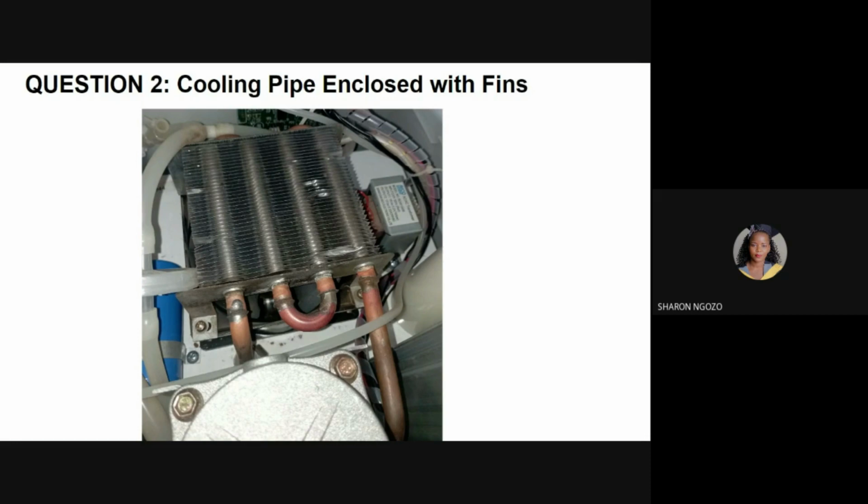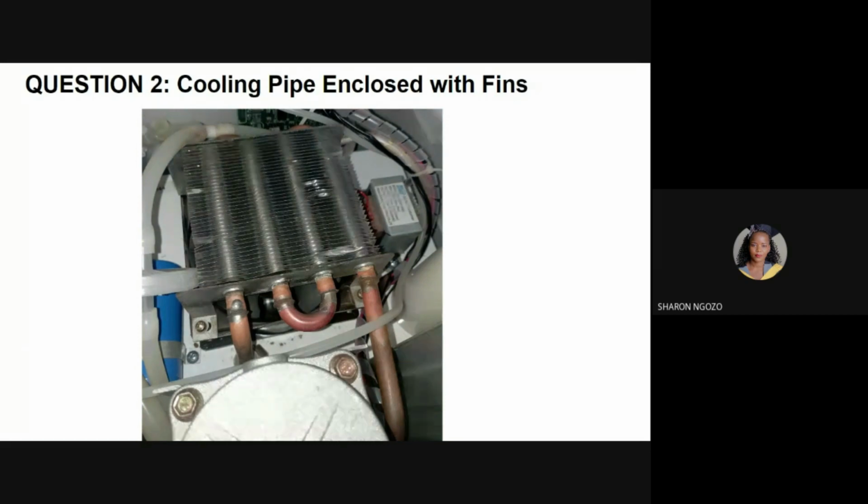This compressed air is cooled in air cooling pipes in order to lower the temperature of the compressed air that is to be supplied to the sieve beds. So some oxygen concentrators such as J5 and Cantor, just to mention a few, contain cooling pipes which are surrounded by fins. Fins are thin aluminium metal slats that are highly thermally conductive. They provide a large surface area to help heat disperse more quickly.